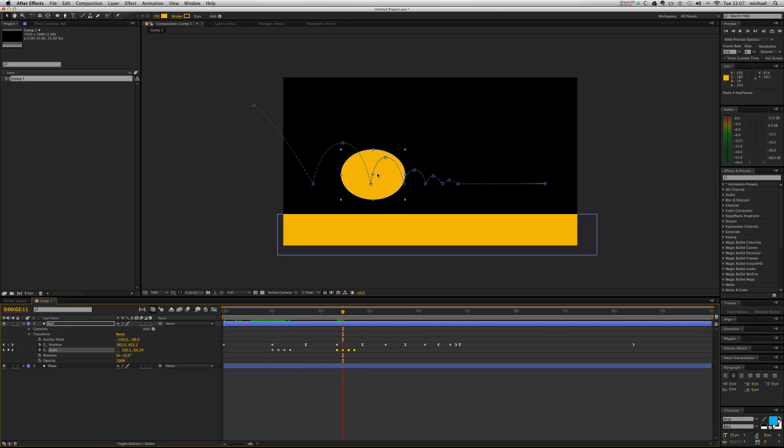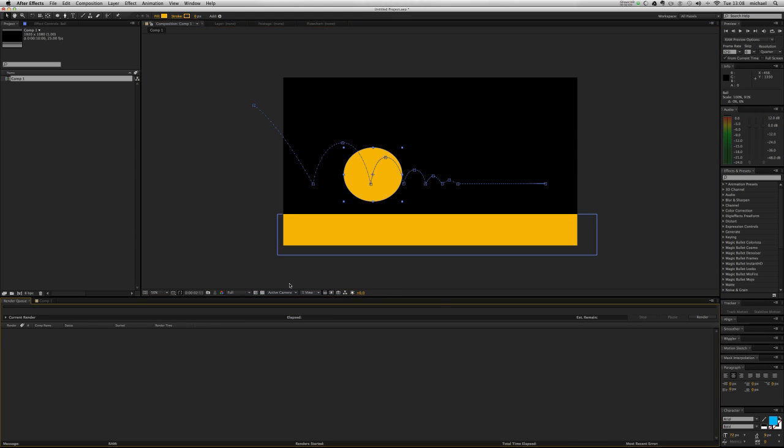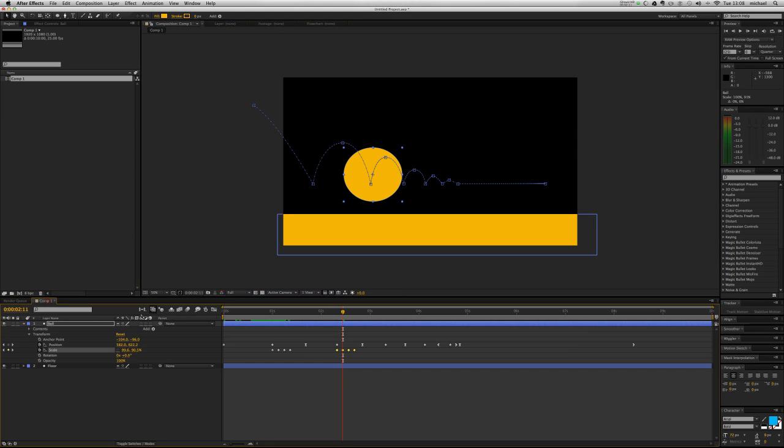But the thing I need to do is make it less bouncy because it's carrying less energy. And then when we go on to here, it will do less of a stretch. So it will do less of that because it won't be as exaggerated. So when we play that,